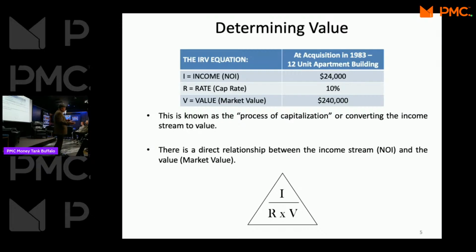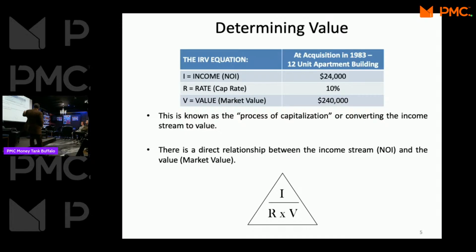What you expect to achieve in the marketplace. So we'll give you a range rather than, okay, it's worth $10, and that's it. You can't set that. All right, so the process of capitalization is nothing more than converting the income stream, the